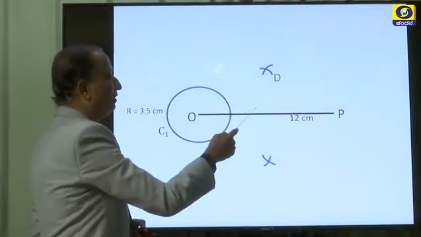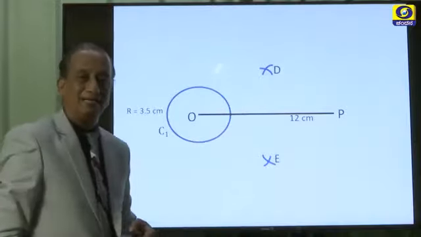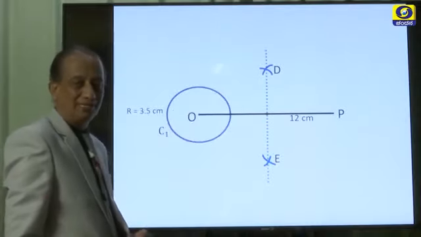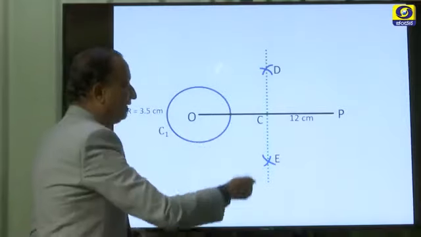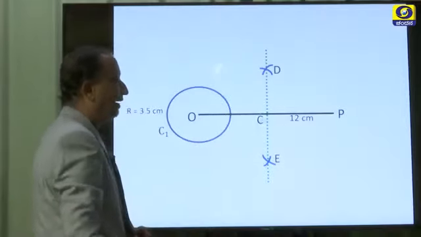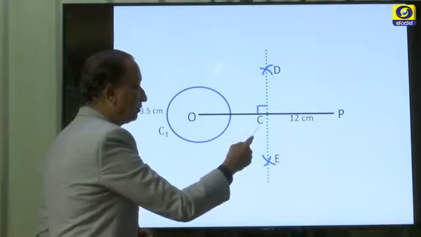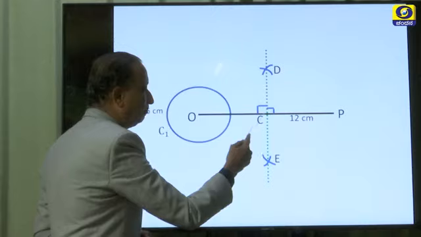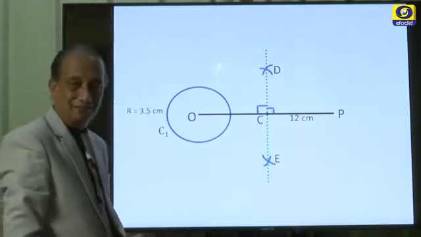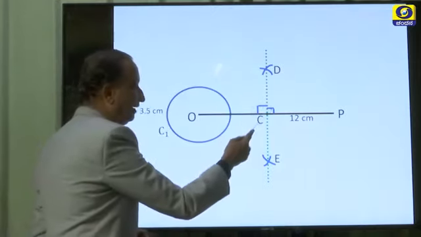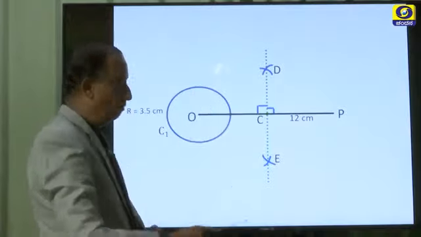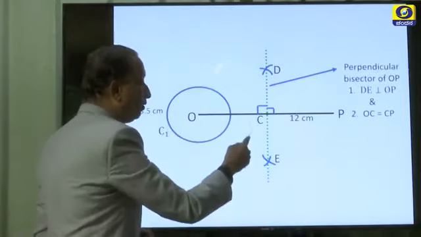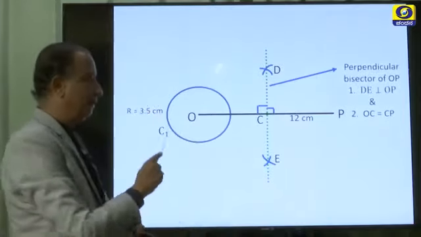Okay. Now, call the points of intersection D and E. Take the scale and join the points D and E. So, DE will intersect our line OP at C. So, this angle is 90 degrees. Therefore, this angle, both of them are adjacent angles of a linear pair. Once this is 90, this is also 90. So, by drawing the perpendicular bisector of the line OP, we obtained the midpoint of OP.